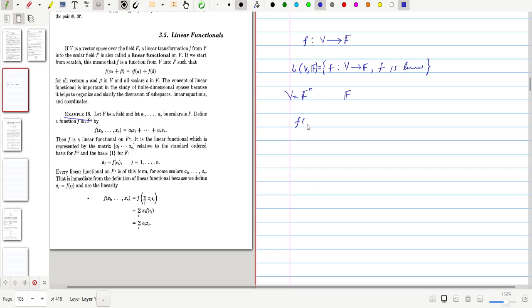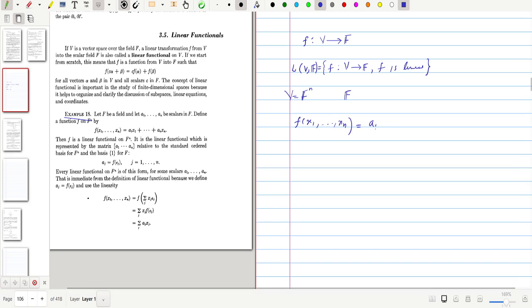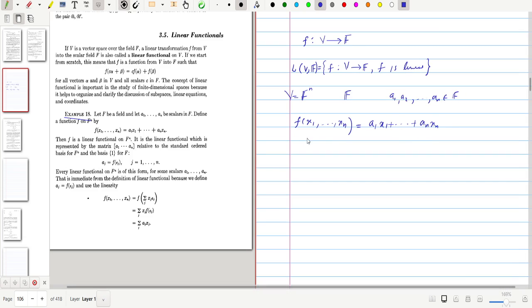So we define f, a linear transformation from F^n to F, say f(x1, ..., xn) is equal to a1 x1 plus ... plus an xn, where a1, a2, ..., an are all elements of F. They are fixed scalars. Then you can easily prove that this is a linear transformation,